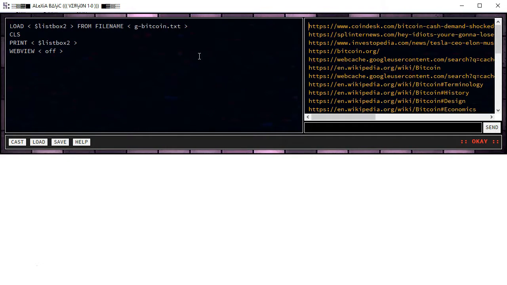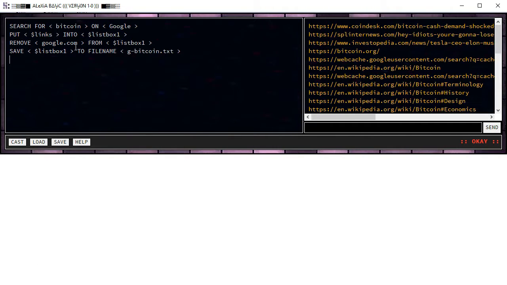So this is one way to really harness the search for on command so that we can actually gather a bunch of data, save that data to a text file, and then be able to review this data in more detail. Now, we can combine the original commands that we had, which were search for Bitcoin on Google, put those links into listbox 1, remove google.com from listbox 1, and then of course save listbox 1, the contents of listbox 1, the file name